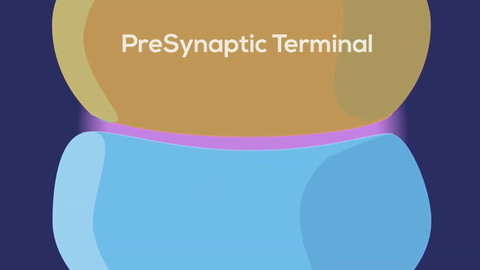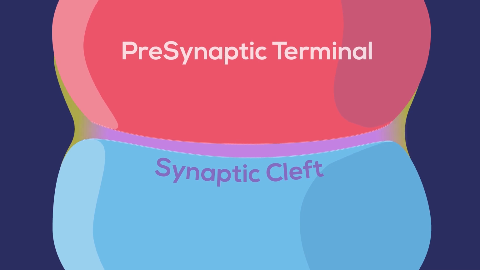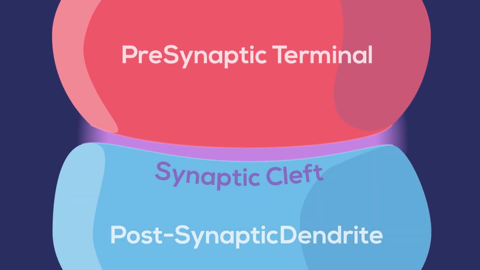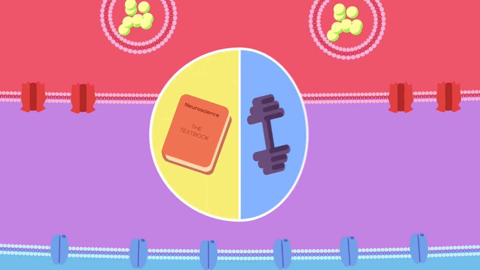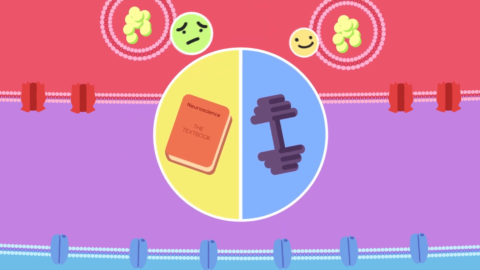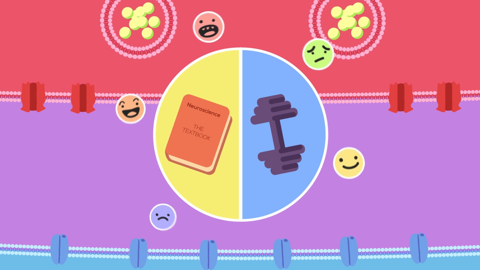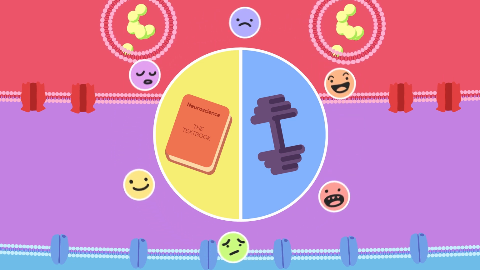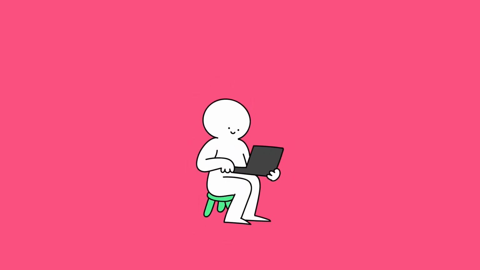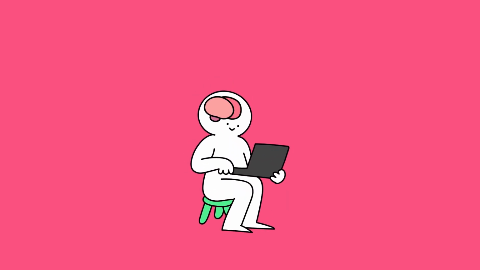So what does a synapse look like? Generally, a synapse has three major sections: the presynaptic terminal, the synaptic cleft, and the postsynaptic dendrite. The chemical communication happens all throughout this area. Everything you remember, do, or feel, from being happy, confused, hungry, excited, depressed, tired, all come from neurotransmitters passing information through your synapses. Even while looking at this video, neurotransmitters are flowing between neurons in your brain in a continuous